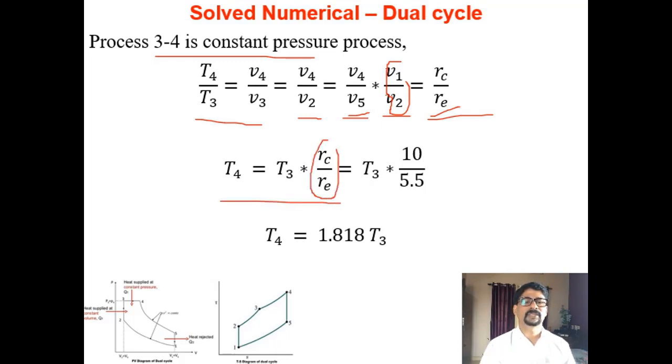Why are you using this step? Because we are given the value of compression ratio as well as the expansion ratio in this problem. So that is the advantage. Substitute, and you will find the relationship between T4 and T3 as T4 is equal to 1.818 T3. In this step, since both T4 and T3 are unknown, you have to do this step. First you have to develop the relationship between T4 and T3. When you start thinking and analyzing, this will automatically come to your mind how to proceed. Why this is done, we will see in the next slide.